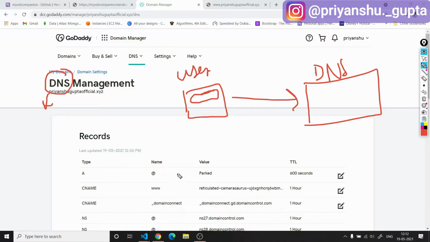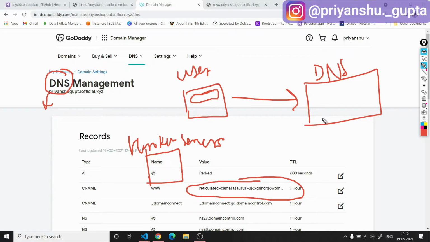And our web application has been deployed on Heroku right now. So these are Heroku servers. And Heroku servers actually behave in such a manner that they do not provide us the IP address, because these IP addresses keep on changing. So that's why it provides us the DNS target that we have added here.